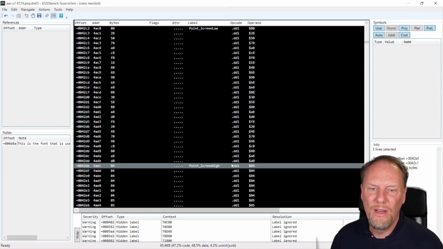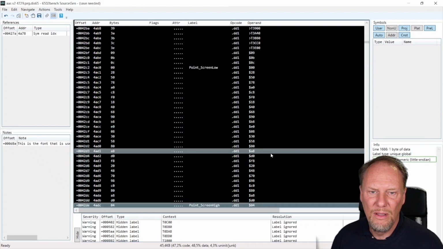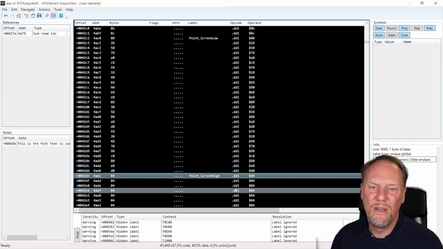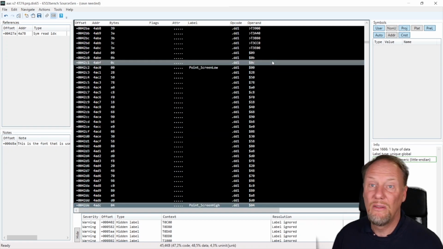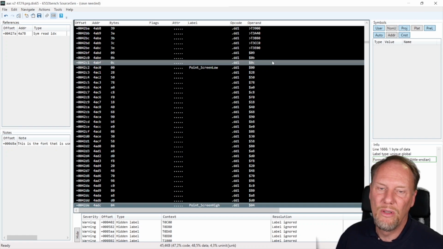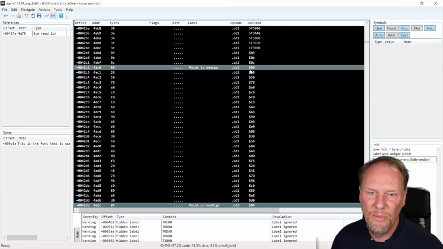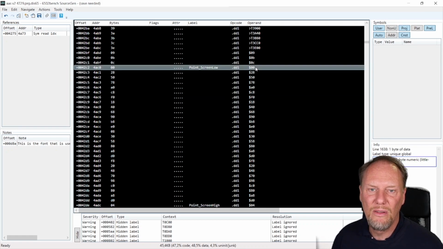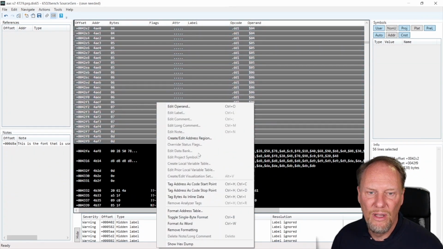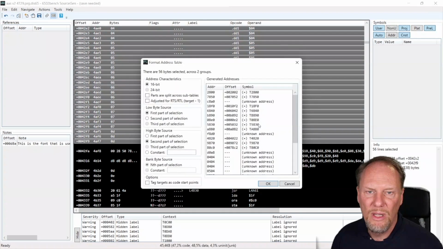So if I define something here, this is screen high and screen low. So this is 0400, and then the next one is 0428. If you know where your screen memory is, that makes total sense, because the first byte of the second row is 0428. So that's what it is. But I can't really do that for, I think there is an issue if I do this format address table, and then